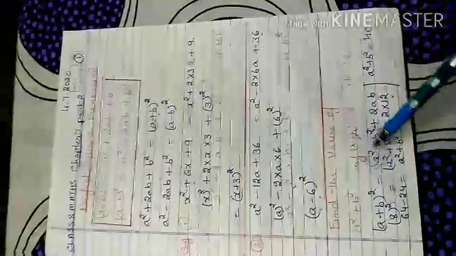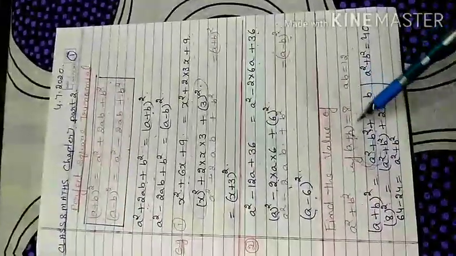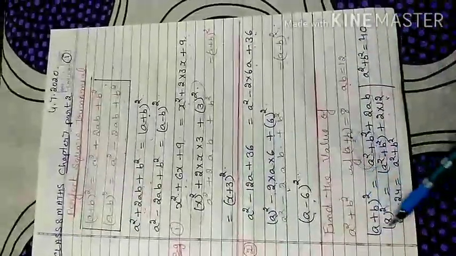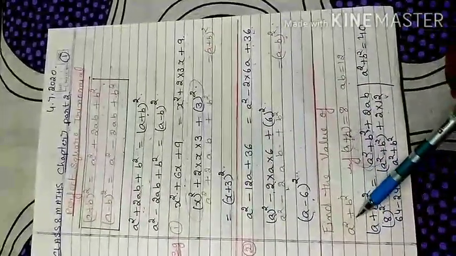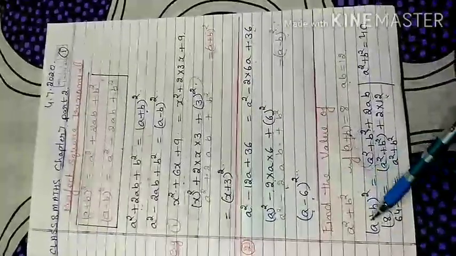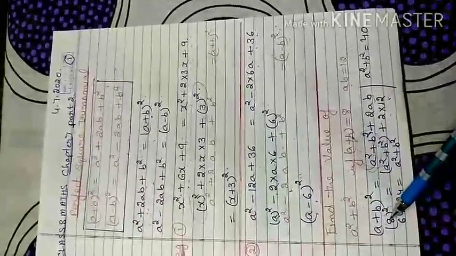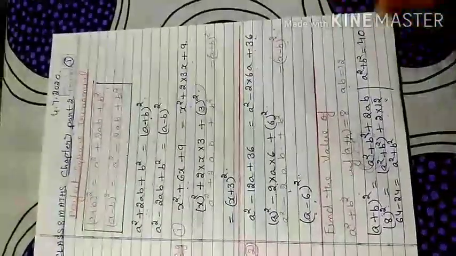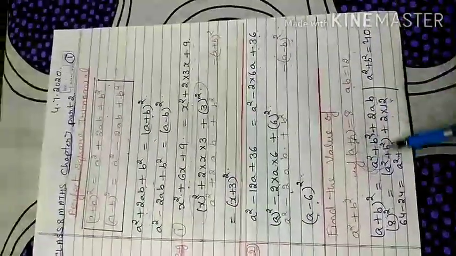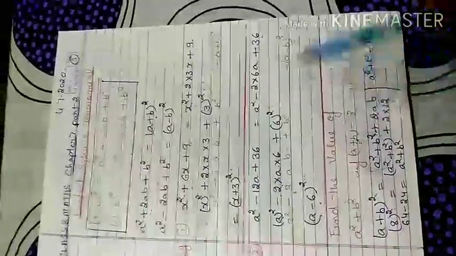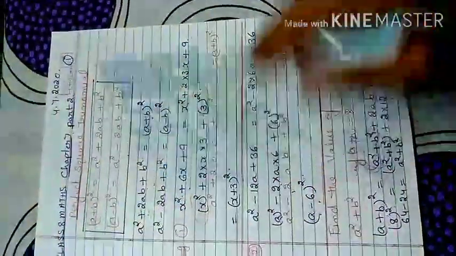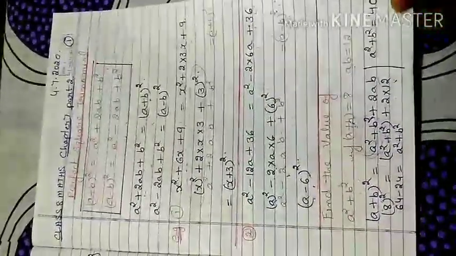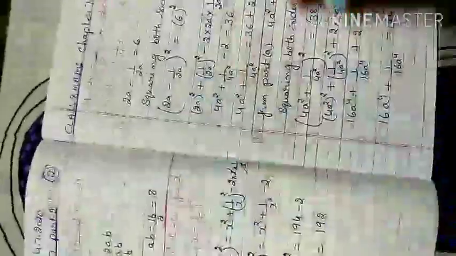So if this type of condition is there, you can judge that if there is a plus and multiplication of two terms given, that means you have to find the square of both the first and second term, so it connects with the formula (a + b)² = a² + b² + 2ab. It doesn't matter in which order you write the trinomial terms, because here we write a² + 2ab + b². We can also write a² + b² + 2ab to substitute the value.